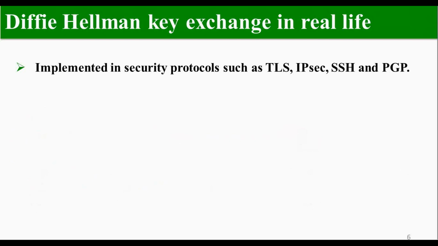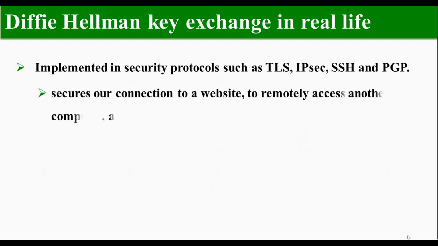Where are all these security protocols used, and how is our data secure based on these protocols? For example, when you are connecting to a website from your computer or from your laptop, the security is ensured using these security protocols, and then you can remotely access some other computer with this protocol. In all these protocols, the Diffie-Hellman key exchange algorithm is used, and PGP is Pretty Good Privacy. This is especially for email encryption. You can encrypt and decrypt and even sign the emails. For all this purpose also, Diffie-Hellman key exchange is used along with PGP. So this is how Diffie-Hellman key exchange is used in real life.